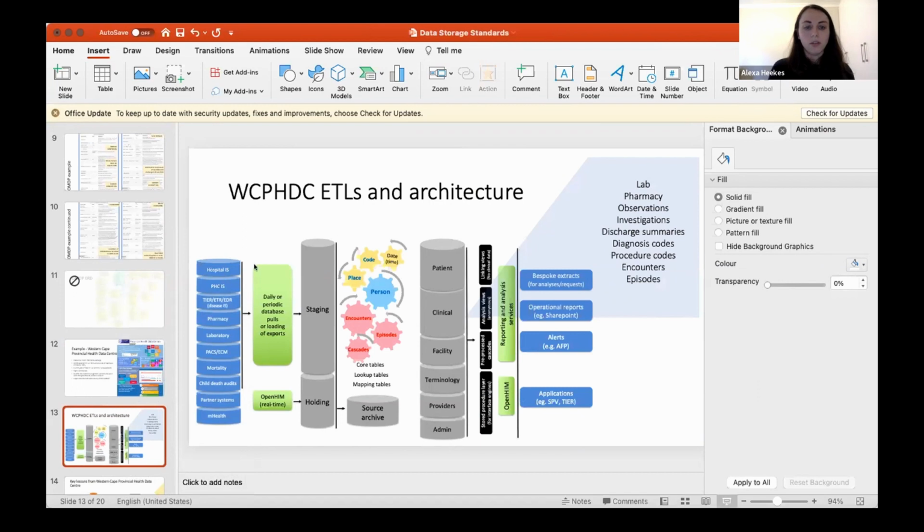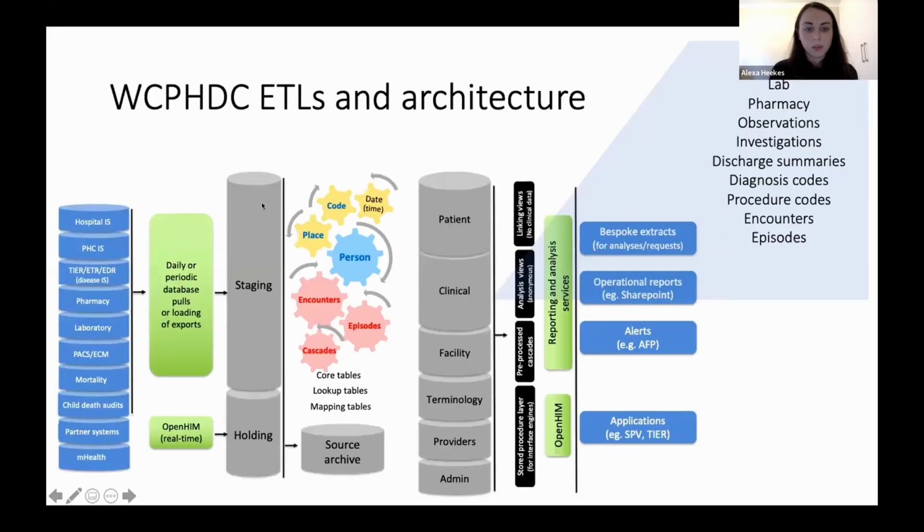Yeah, so we have a relational database. Ours is in Microsoft SQL Server because that's what's available to us, but it can be implemented in other languages. We import data from various sources into a staging area where we do mapping and curation, and then we store our data in a clinical and patient database. And our clinical database, like OMOP, is structured into various clinical domains, like lab, pharmacy,